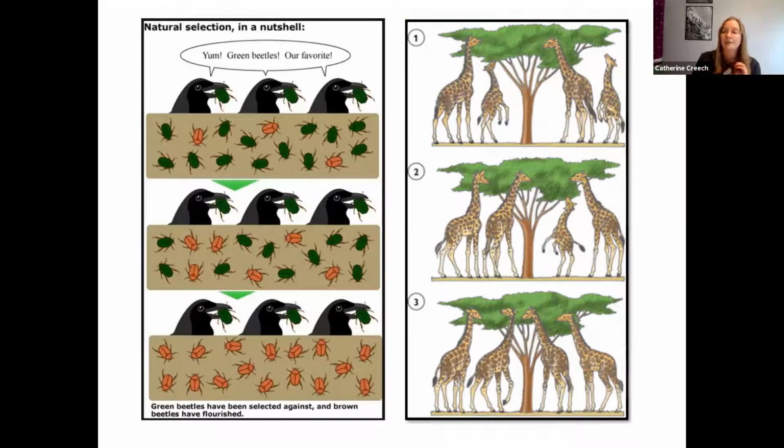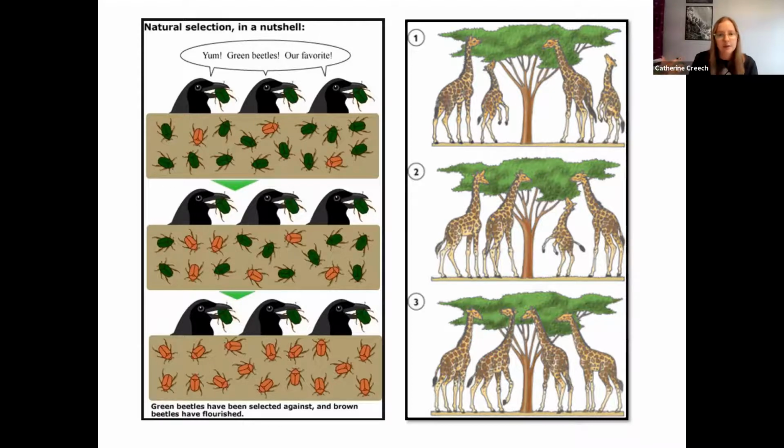On the left, we have a cartoon of 3 birds eating. At the top, you see that there is a table full of bugs. There's mostly green bugs, and then there's a couple of orange bugs. Each of the 3 birds has grabbed a green bug and says, "Yum, green bugs are a favorite." So they eat that bug, then they go in for another bug, and we know that they prefer green bugs. So they take another green bug, and the population on the table in the center column is now about 50%